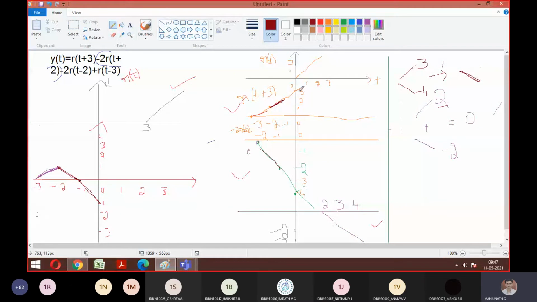From 0 to 1, this graph is increasing only. What is the amplitude, guys? Now we'll go one by one. We will trace only for this much part. For the first one, minus t plus 3: for 0 it is 3, which means for 1 it is 4. I'm tracing for t plus 3. Is it okay now? Shall I proceed? Yes, sir.